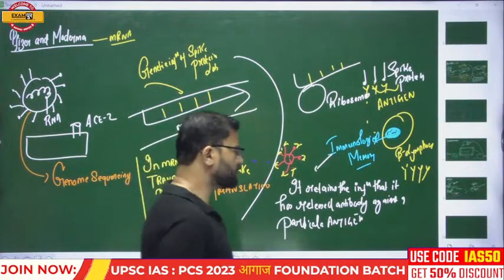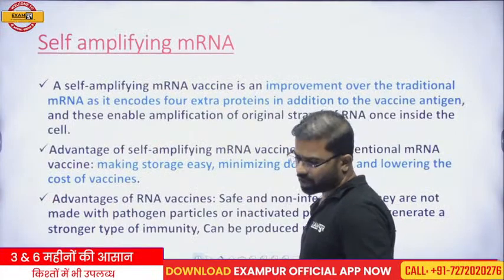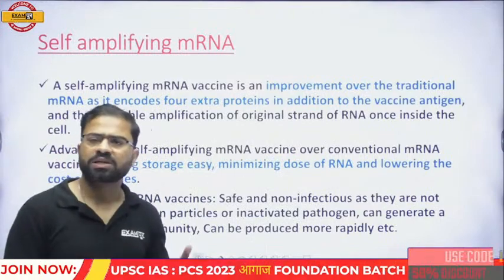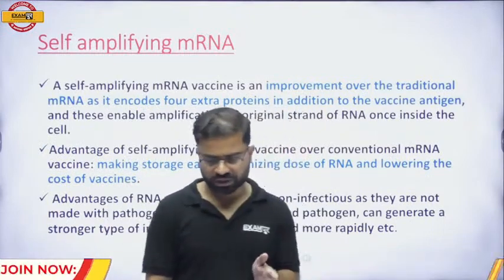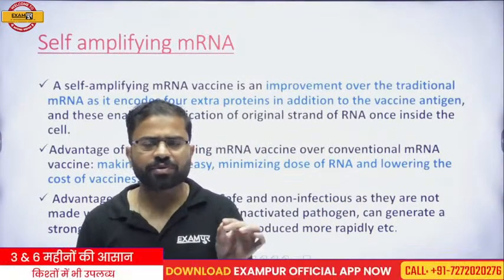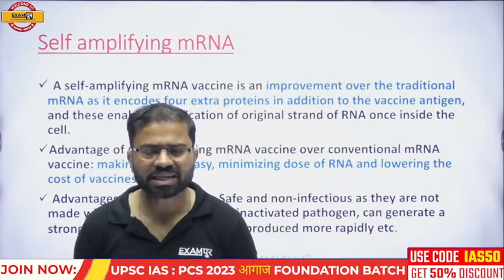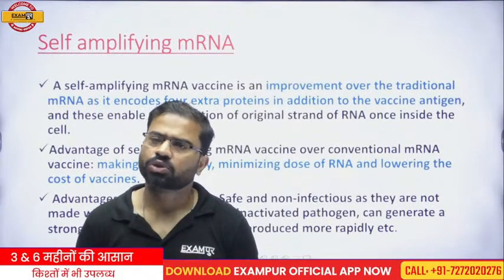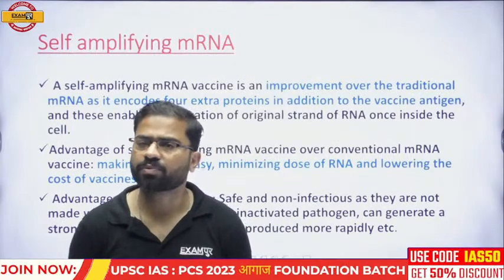Now what we will see? We will see what is self-amplifying mRNA, and how it is different from messenger RNA. First of all, you must know that in messenger RNA we have utilized the genetic information of the spike protein. That means only one type of protein is being utilized. Are you getting my point? In mRNA, messenger RNA technology, we have utilized only one type of protein. एक ही type of protein का इस्तेमाल किया गया. कैसे? In messenger RNA we have embedded only the genetic information of a spike protein, and so only one type of protein is being created in your body by the process of translation.